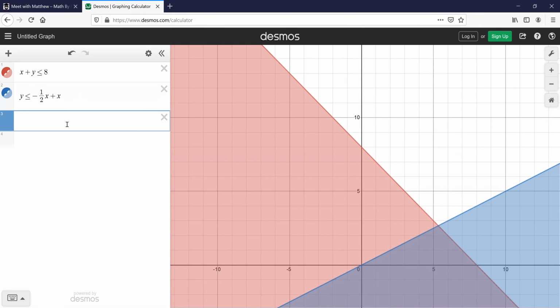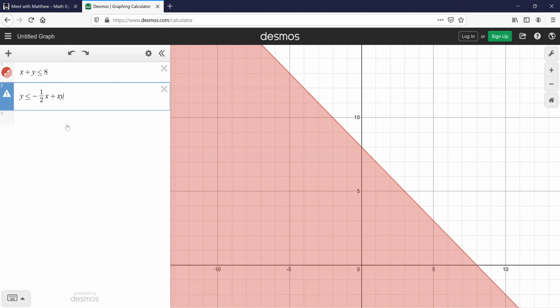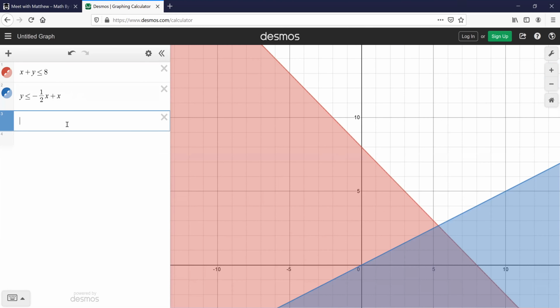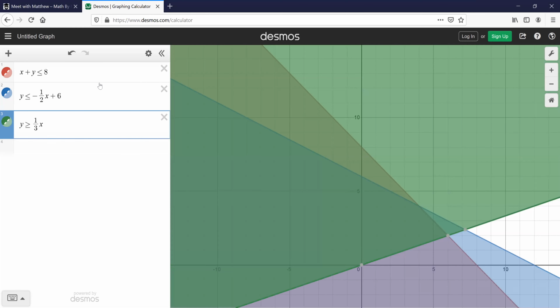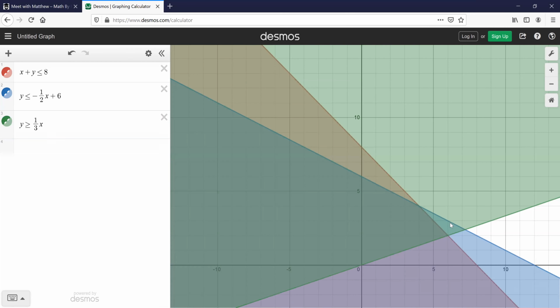And then y is greater than, oops, 6. Oh, maybe that's why. Okay. They do meet in a nice place, if I type the correct equation, y greater than or equal to 1/3 x. Okay. Now, what could be confusing here, because I'm already sort of confused, is which region are they all overlapping